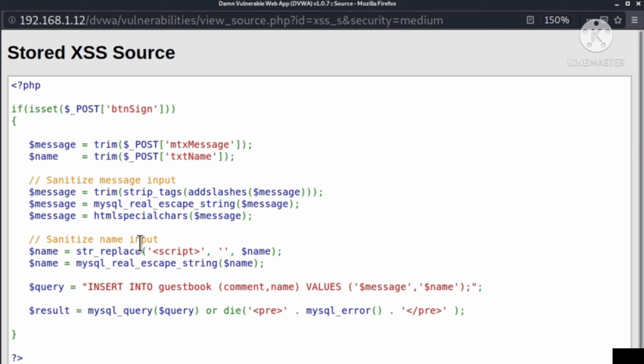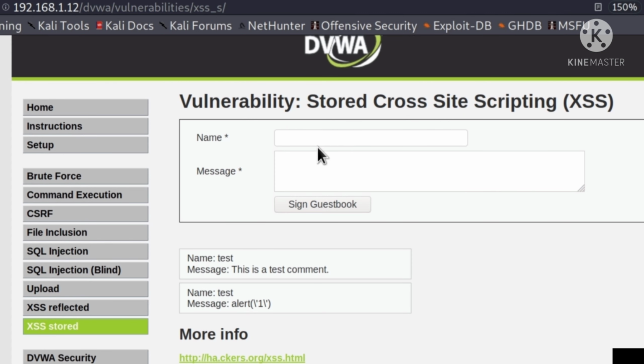But what about this name input? It only has this string replace of the regular script tag with empty space, which we saw in the previous video. We can simply bypass this with a capital script tag. But there is another problem that we encounter. We cannot specify more than a couple characters in the name field. Is that something that we can bypass? Well, if I type like this, I will not be able to type more than this, but if I go and inspect element of this page,